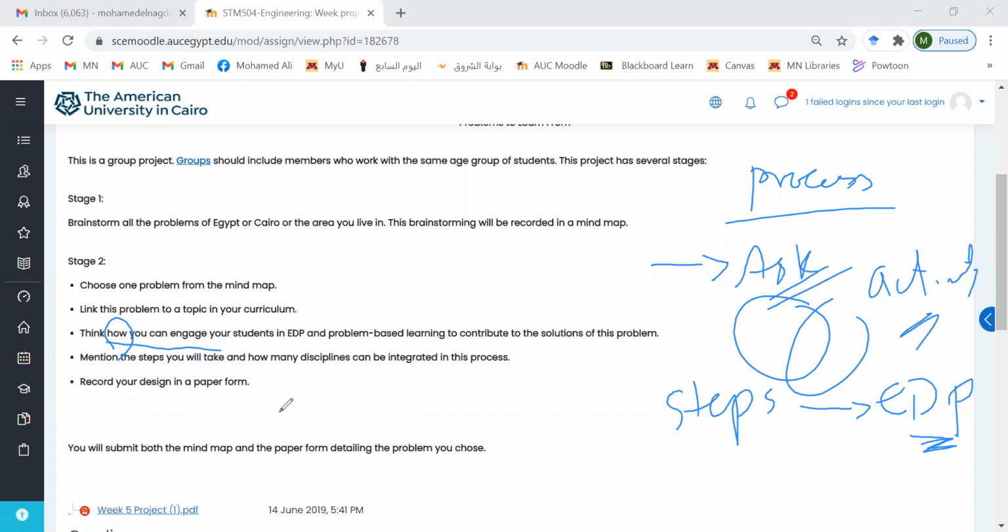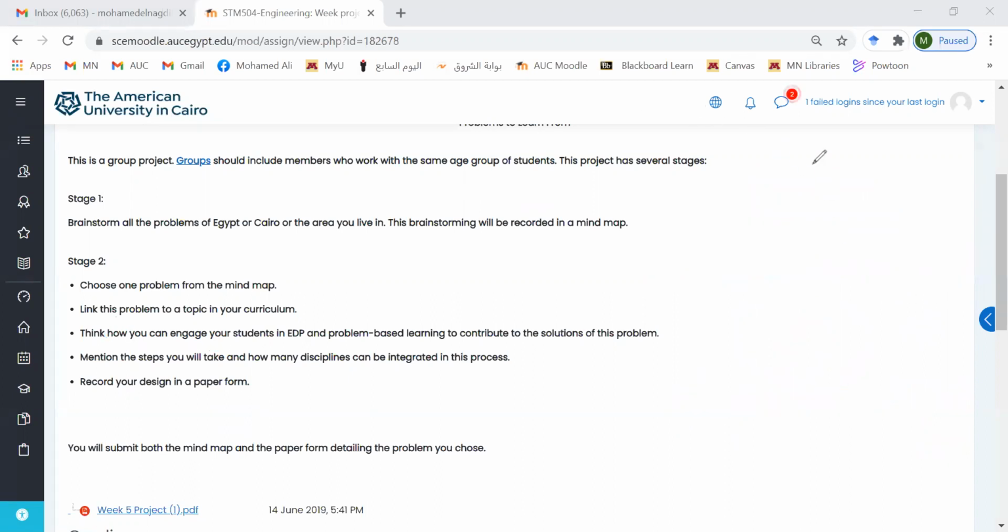Okay, and should the steps be separated for the four disciplines, or can we mix them together? You don't